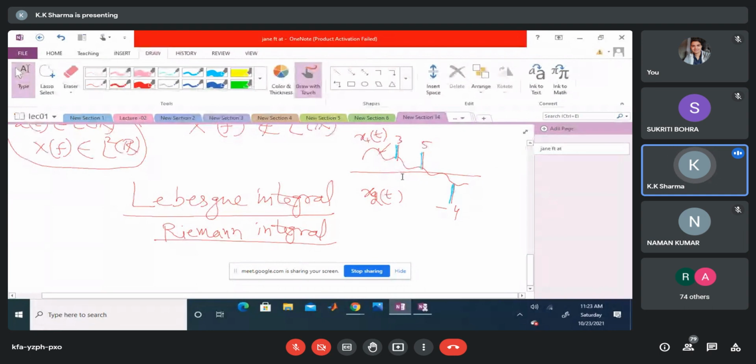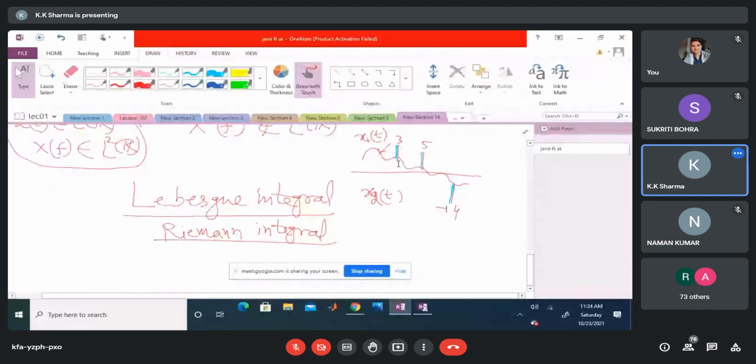Now the Lebesgue integral of these two signals will be same, because they are differing only at countable number of locations only. So your Fourier transform of these two signals, x1(t) and x2(t), will be same. In fact, you can define infinite number of such signals whose Lebesgue integral will be same, but they are theoretically different signals. Even if they are differing at one location, they are two different signals. But they are differing not over an interval.